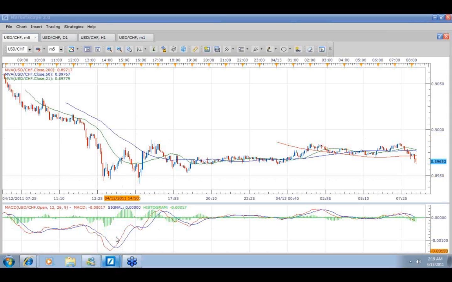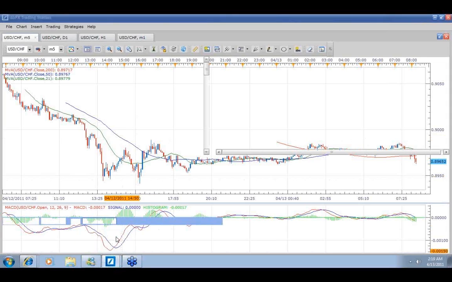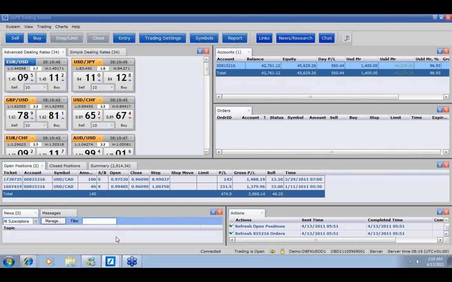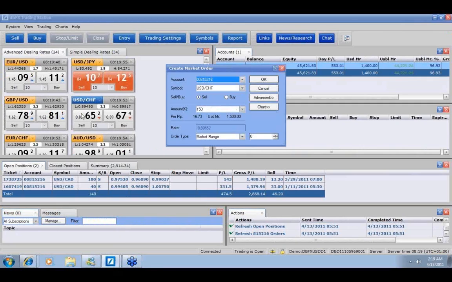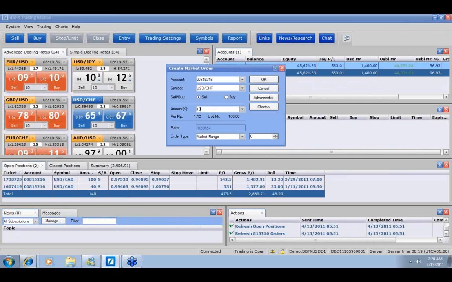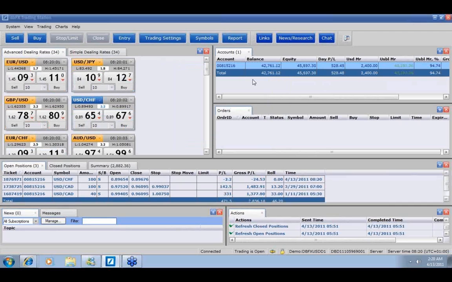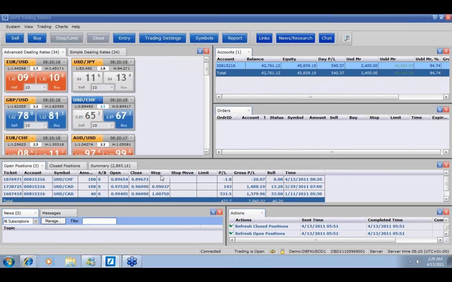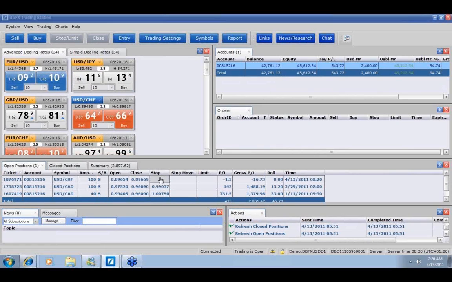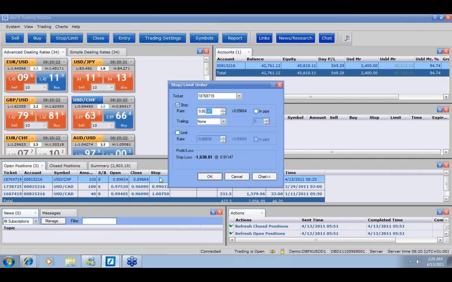So we can just simply go in. Deutsche Bank gives you the simple functionality of being able to, okay, here's the U.S. Swiss. So we'll sell the U.S. against the Swiss, 100,000 units. So we've entered that, and we've opened it at 89.65. We're short 100,000 U.S. dollars against the Swiss, and we can stick a stop loss in at, as we were saying, 89.90,